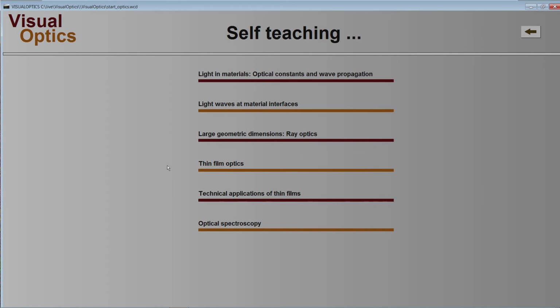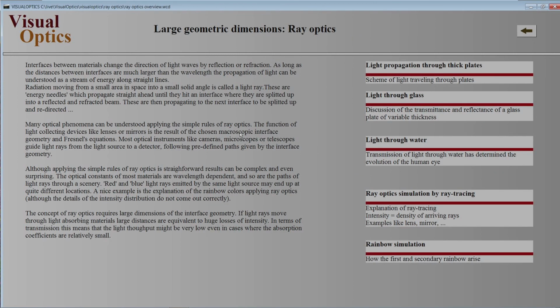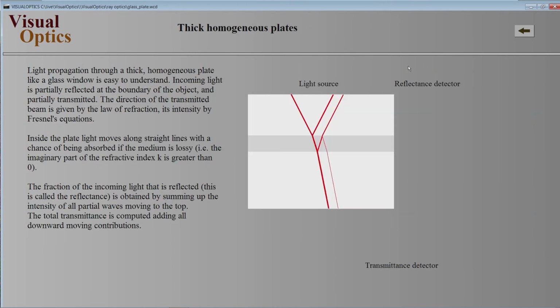That means geometric dimensions which are much larger than the light wavelength. In that case, we can ignore the wave propagation of light. That's a very good approximation if all the geometric dimensions are, let's say, 10 or 100 times larger than the wavelength. Let's take a look at the light propagation through thick plates, where we have two interfaces, medium 1 here,